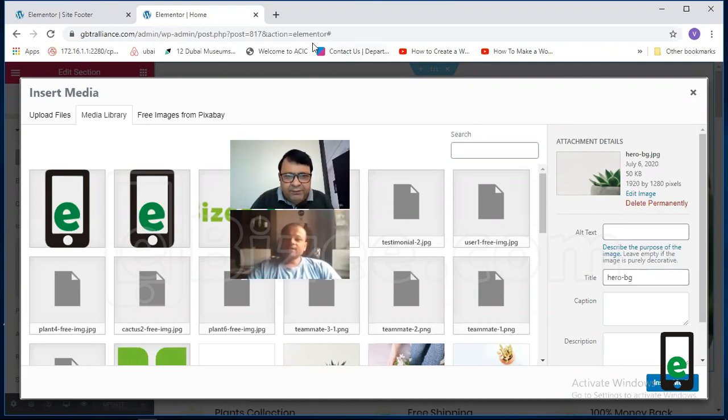My Thumbnail Blaster will help a lot in this matter, because in Thumbnail Blaster you can create a banner of any size. You just have to put in the size, 1920 by 1280, and you can create your own banner. In your software it will become easier because you can see the size and you already know how to set it. It will become very easy for you.